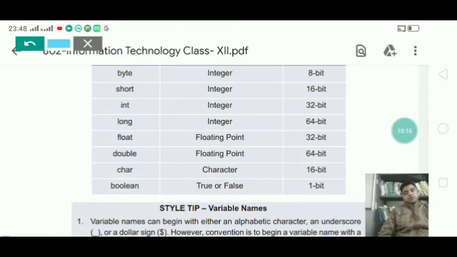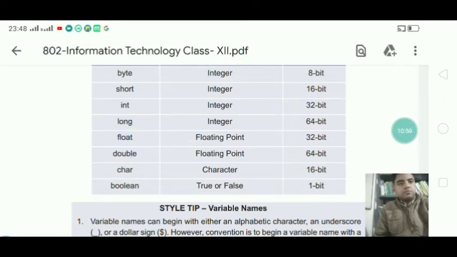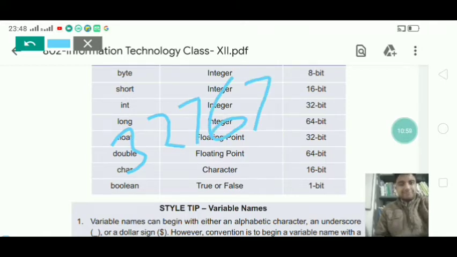To store this type of data you need 2 byte, and its range is -32768 to the positive value of 32767.